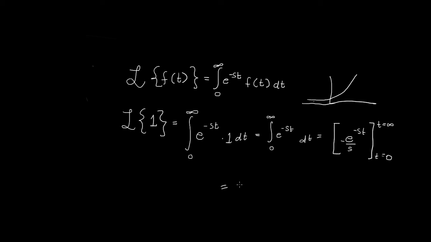So finally what I'm going to get is 0 minus, and as t goes to 0, well, when t is 0, you just get e to the 0 divided by s, and there's a negative in front. So e to the 0 is just 1, the negative signs cancel out, and finally what I get is 1